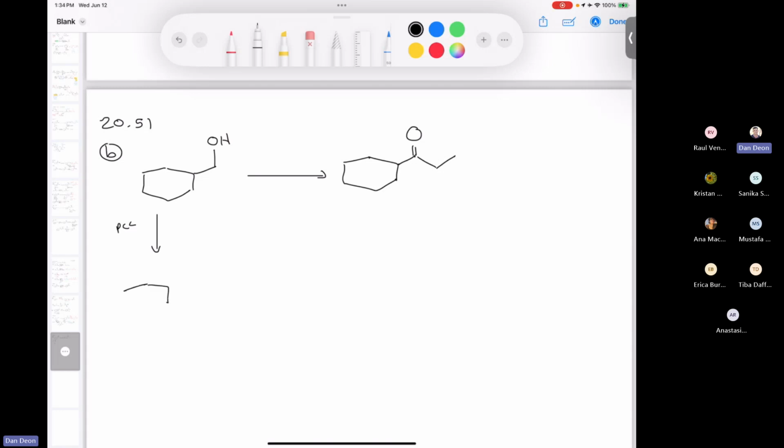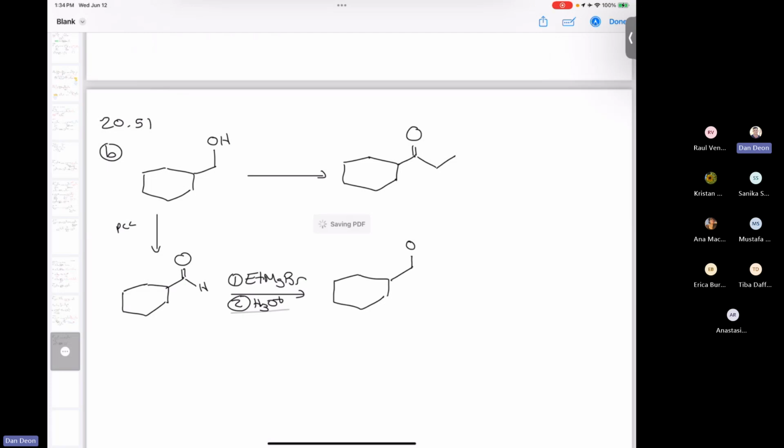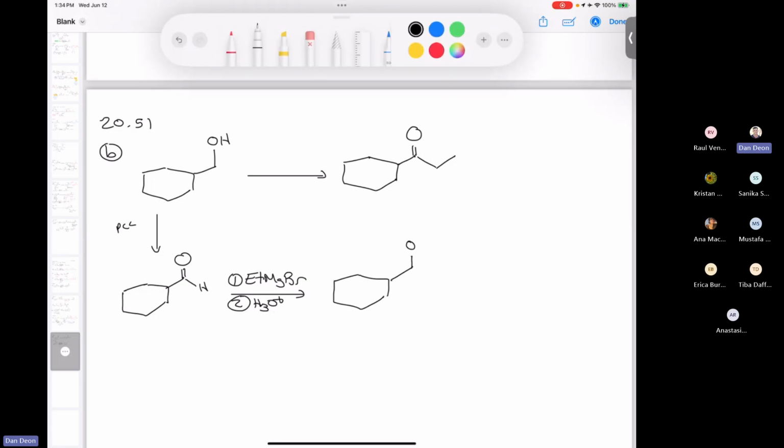give us an aldehyde like this, a cyclohexane carbaldehyde, then all we have to do is treat it with ethyl magnesium bromide, followed by H3O plus or H2O, either one is fine, and that is going to give us this compound. So we end up with this compound where we have our secondary alcohol, and then all we